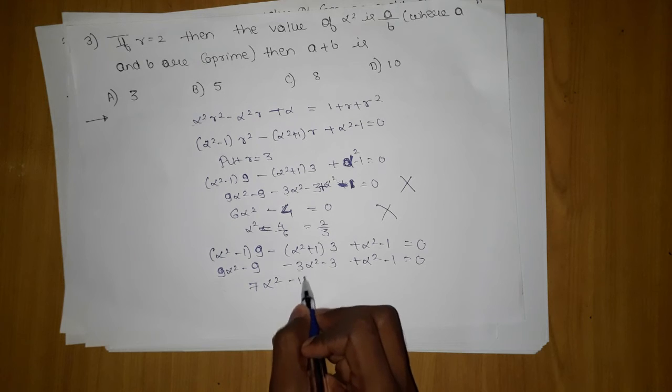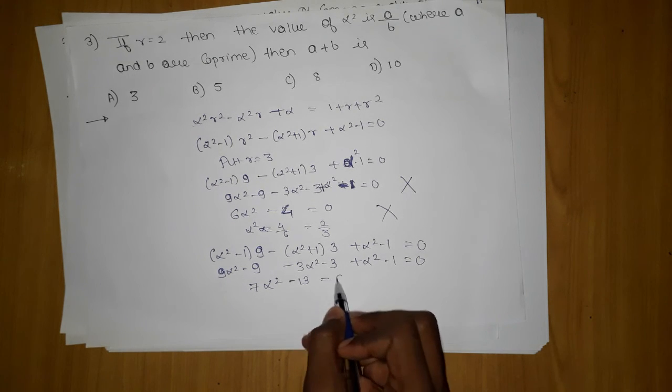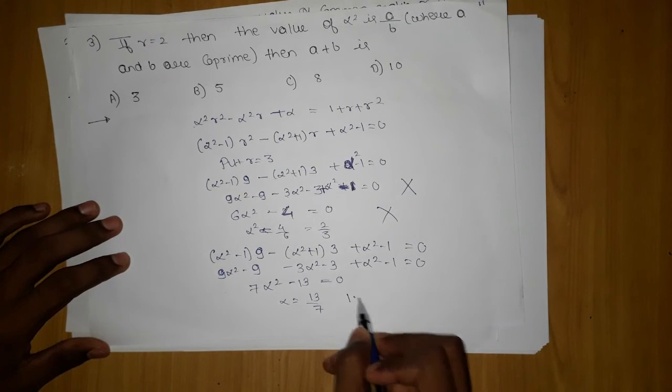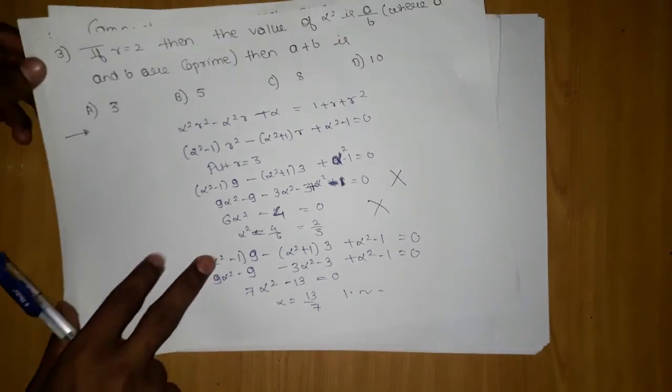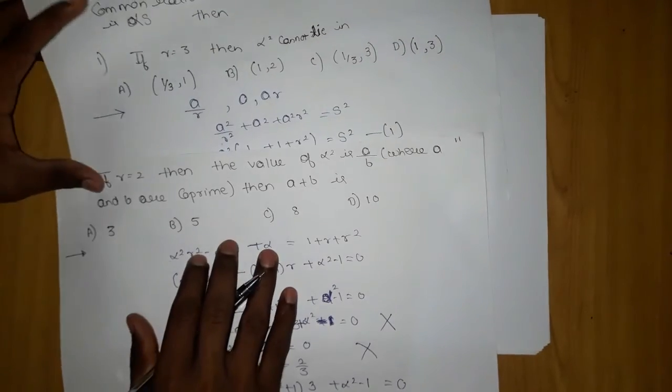13, right? 7 alpha square minus 13 equals to 0. That gives me alpha square is 13 by 7, which is approximately 1 point something like that. Okay, so which options are correct? Alpha square. So we are getting something